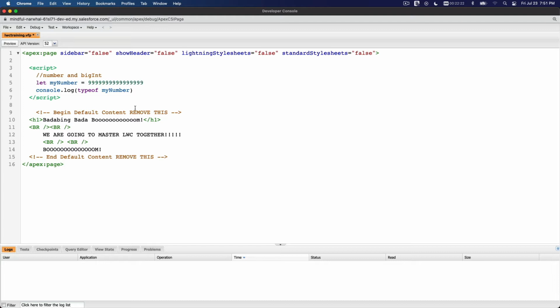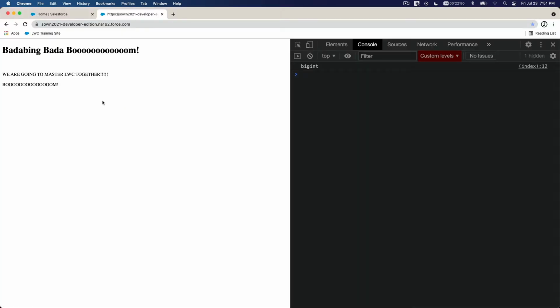So there's a huge number, right? If I console.log it, you will see what happened here. I'm going to save that. I just set my number to this value. Now I'm checking the number. Oh no, I don't want to do the type. I want to actually check the value of my number. What's the value now? If I refresh this,